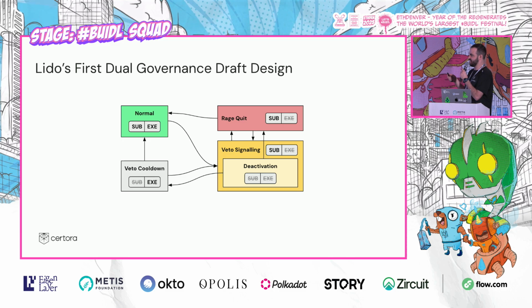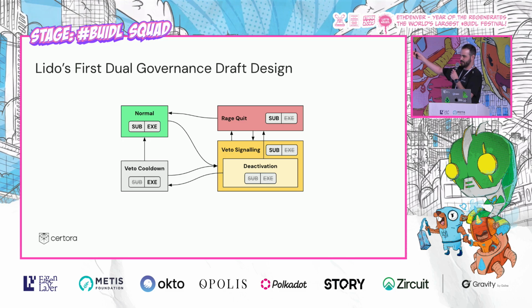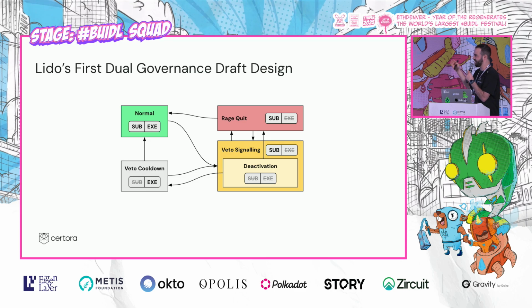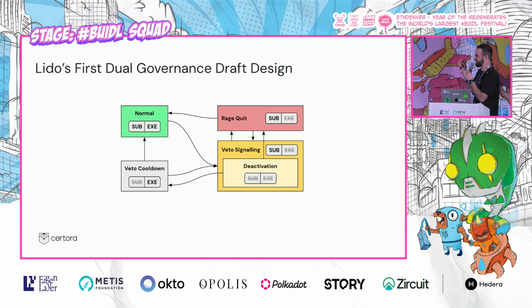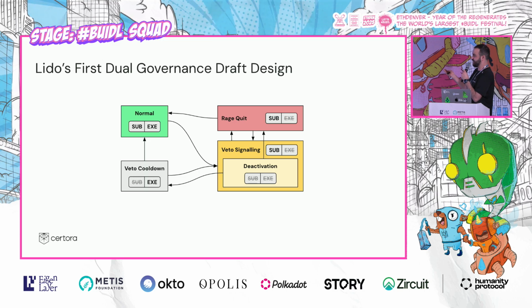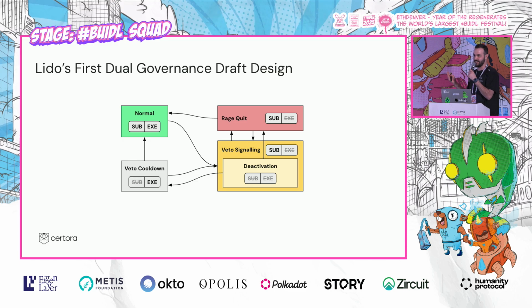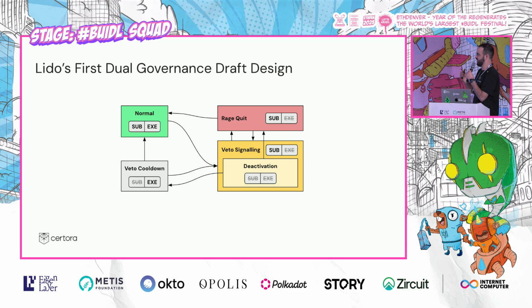All of the stakers that didn't join the initial veto signaling rage quit, and then let's say we went to the normal state, they cannot complain, even if there is a malicious proposal that exists, because we were at veto signaling and they had 45 days to join. If they didn't join, then the rage quit happens, and then they cannot blame Lido, they cannot blame anyone, because they should have joined, and they cannot complain.